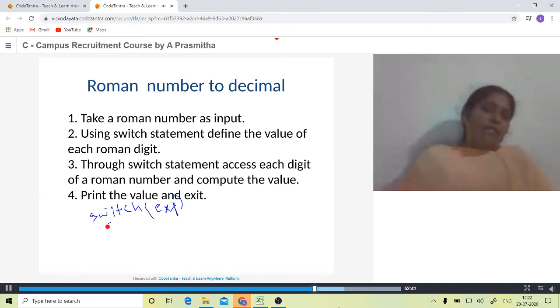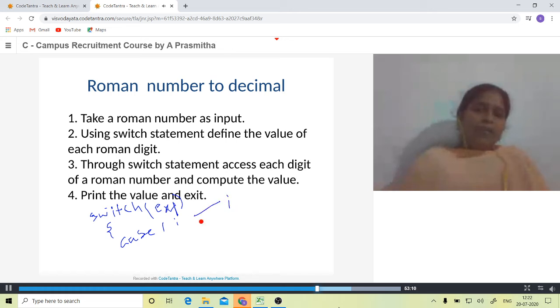Once this expression is compared with the given number, it will check with the cases. There can be any number of cases, and case labels need not be in sequence, and it will compare with the case label. If any of these case labels matches the expression, then the set of statements we write here will execute.